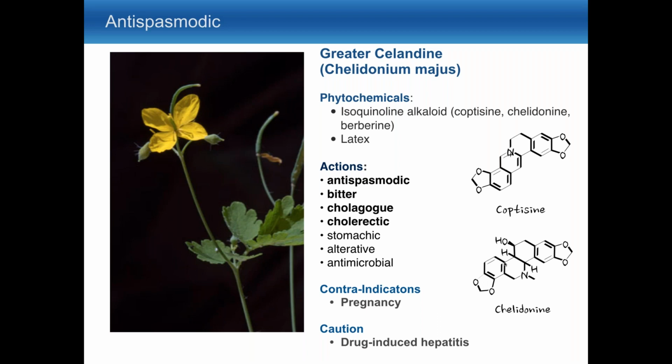And so, although I do use it sometimes, I've kind of stayed away from it for just general use as a digestive tonic, mainly because it's a little irritating, because it can cause that drug-induced hepatitis. It's not my first choice. For just pure digestive bitter, I'm more likely to go with gentian. Now, for gallbladder concerns, because of its antispasmodic effect and because it has an affinity for the gallbladder through its choleretic effects,